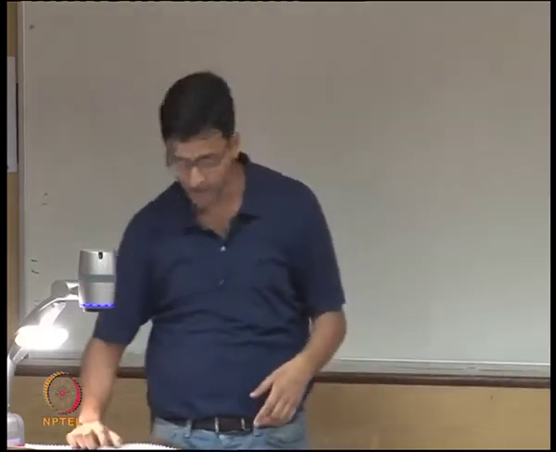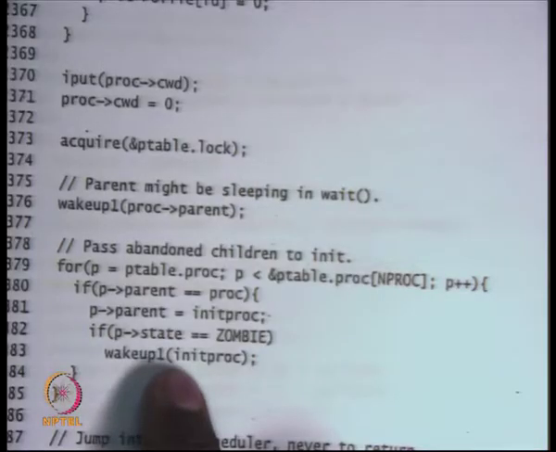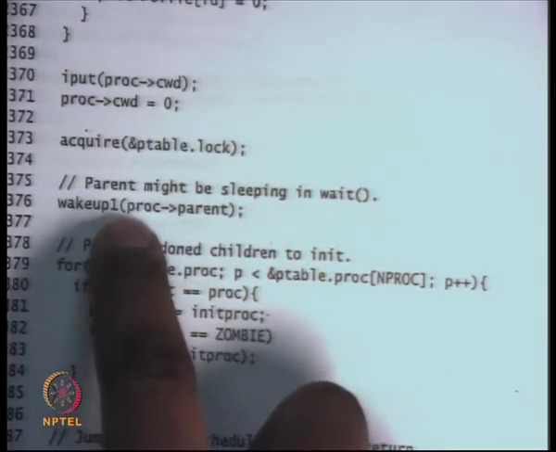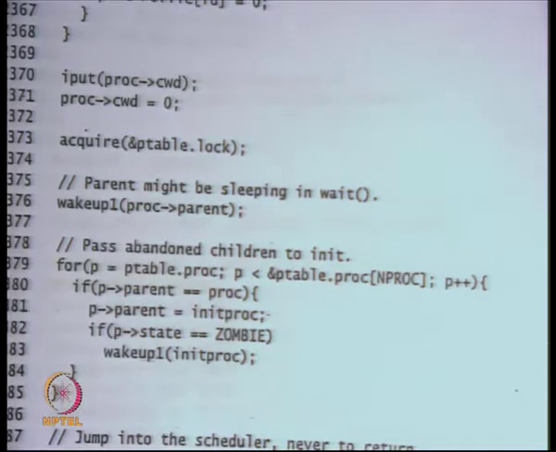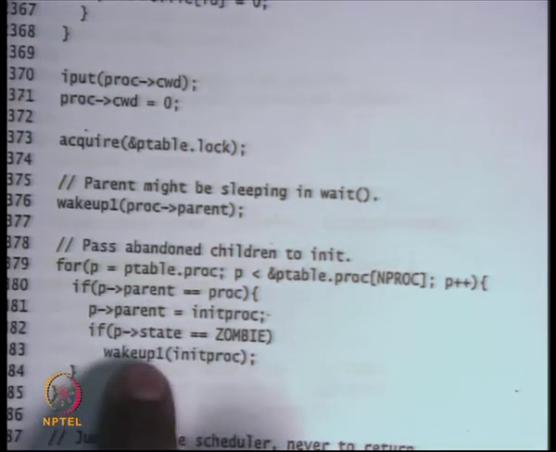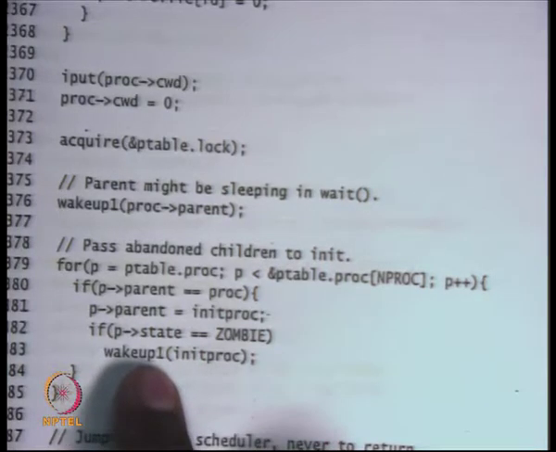That's what I'm doing: I'm waking up initproc so that its wait returns if it is inside wait. The earlier wakeup ensures that your parent returns from a wait when you're exiting. This one makes sure that initproc returns from the wait, if it is inside wait, because you just attached a zombie process to it.